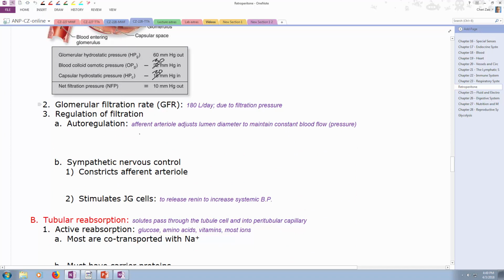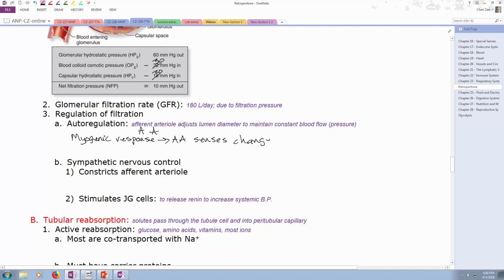Autoregulation is due to the afferent arteriole. It can adjust its lumen diameter to maintain a constant blood flow and pressure. So this is called a myogenic response, myo is muscle. When the muscle gets distended with high blood pressure, the muscle in the arterial walls, remember it's all smooth muscle, it will actually respond by causing some vasoconstriction. So myogenic response: afferent arteriole senses